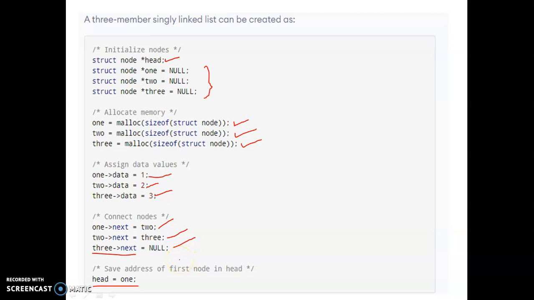Whenever you want different nodes with different program executions, we take n, the number of nodes, from the keyboard, then enter the n nodes and connect them one by one. This is a simple program where we want to create only three nodes in the linked list, so we created three variables, allocated the memory space, and connected all the nodes. Next we'll see the double linked list.